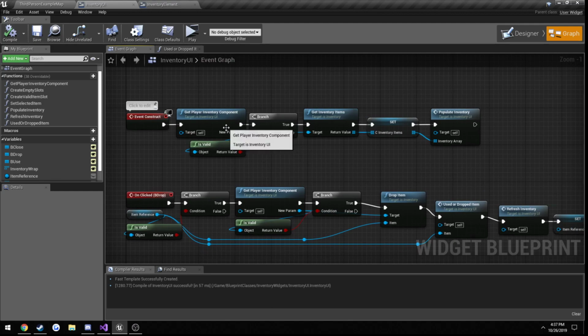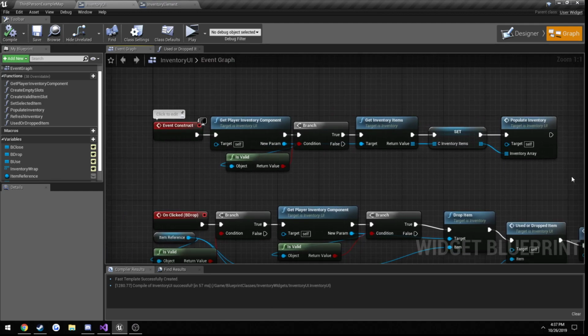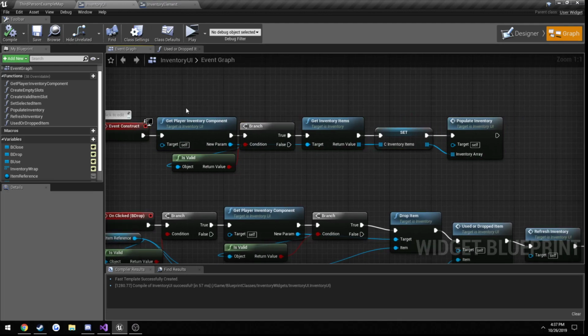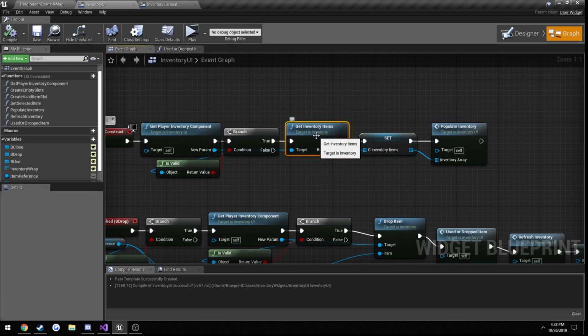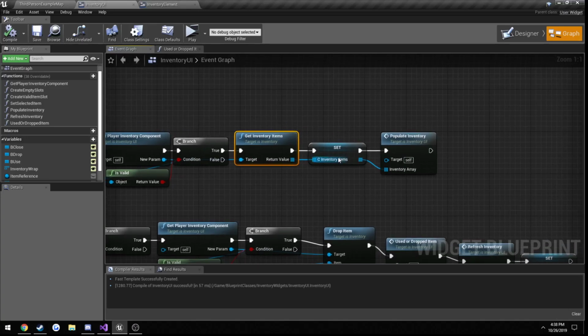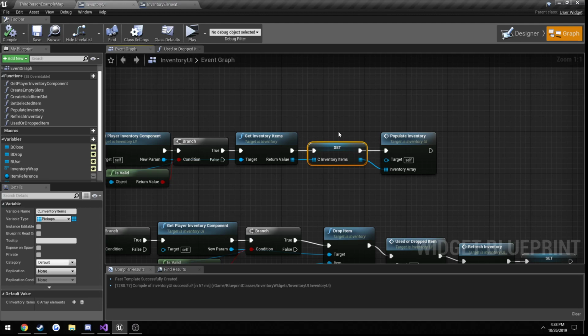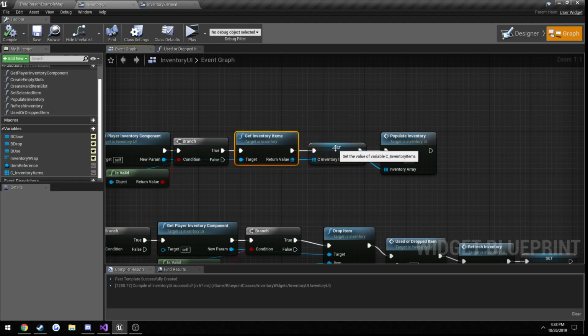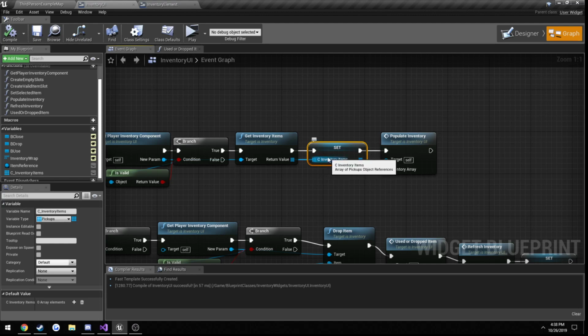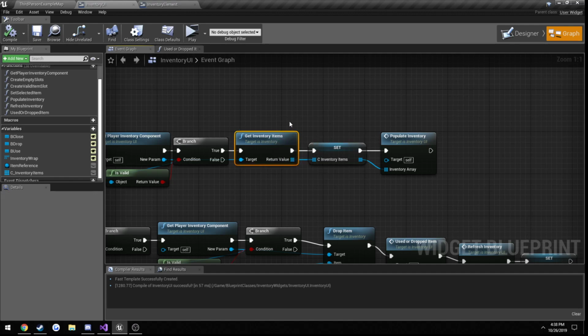So now I'm going to go ahead and go through and reiterate. When our inventory is opened, this widget gets created. We will simply be getting our inventory components, getting our inventory items, which is a C++ function that simply returns an array of items. Then we're going to use our newly created C inventory items array, and our C inventory items is going to be a copy of our current items array that is on our C++ class,